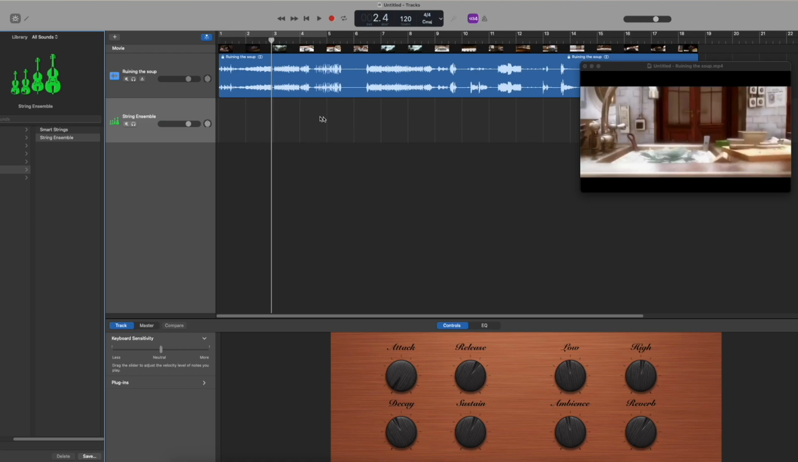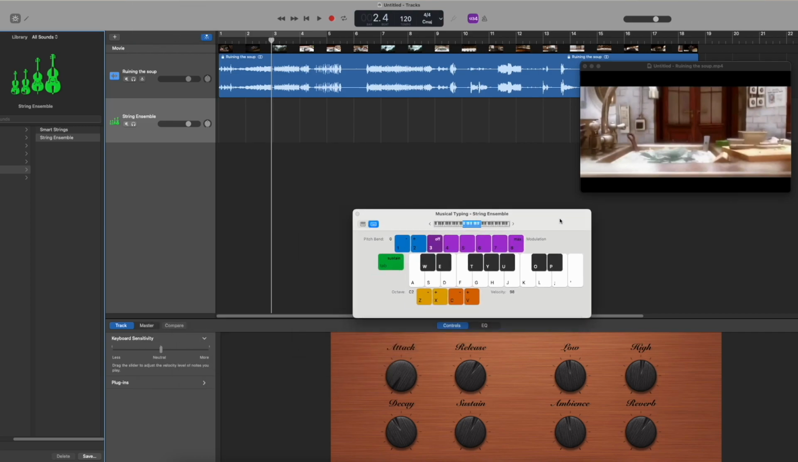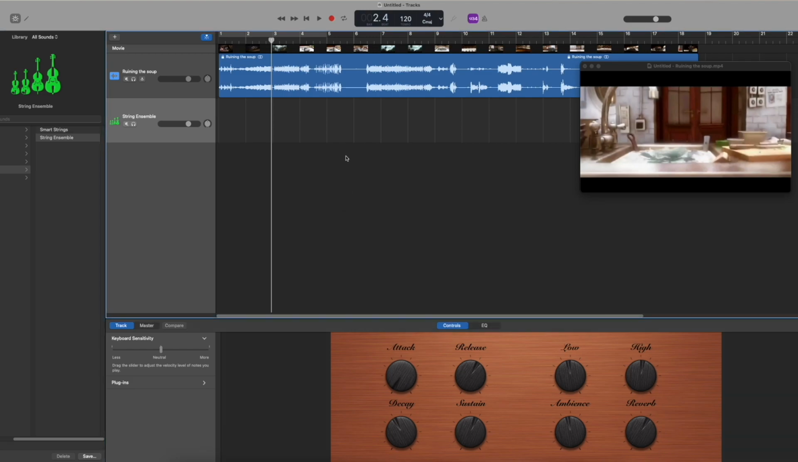If you haven't got that for whatever reason and your piano keyboard isn't working, you can go to the window menu at the top and press show musical typing, and that will give you some options to actually play your computer keyboard like it's a piano keyboard. But I'm going to use my piano keyboard, and the first thing I'm going to record is the sound for